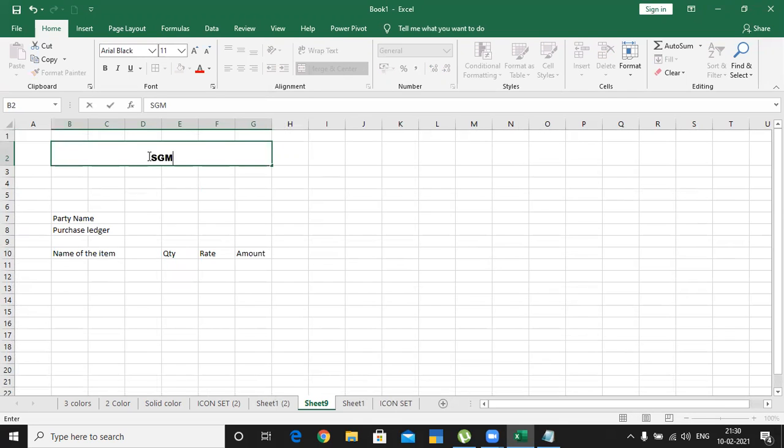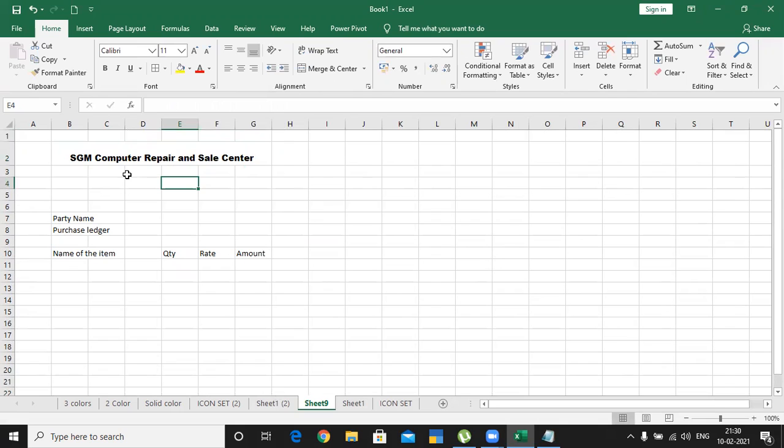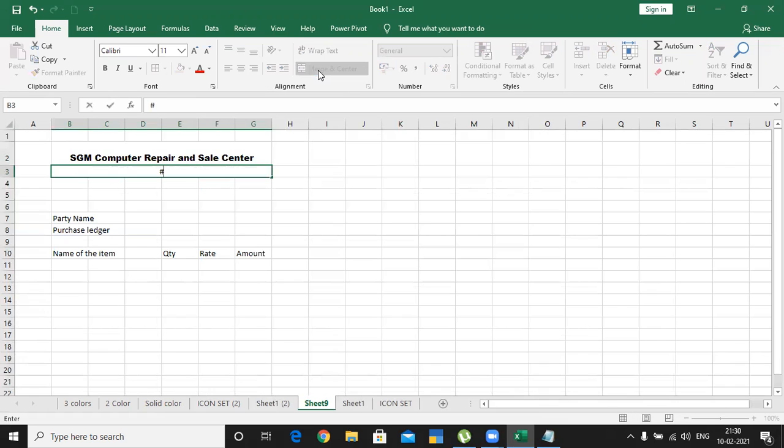For example, Asian Computer Repair and Sales Center, and click and drag merge center, and enter the address: number 150, first main road, Bangalore.